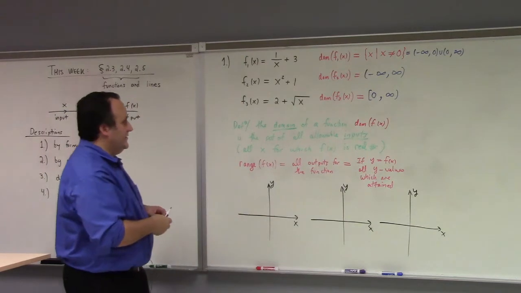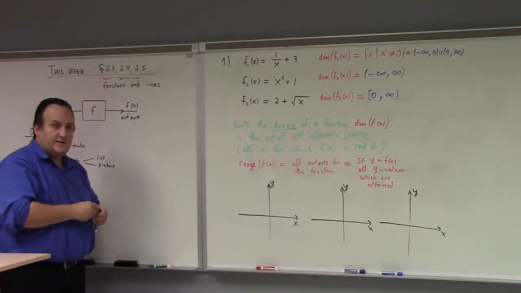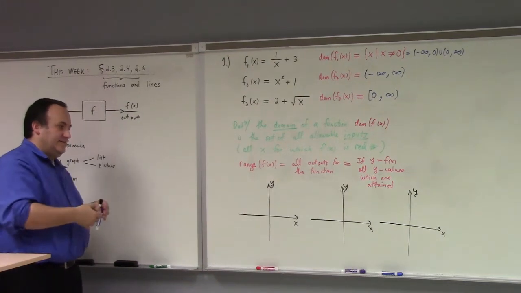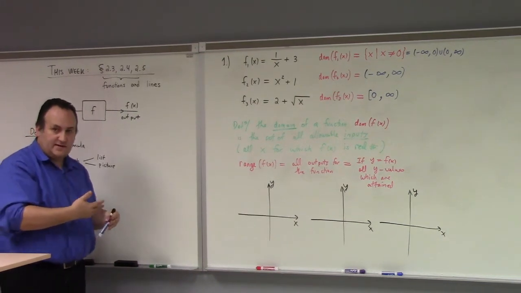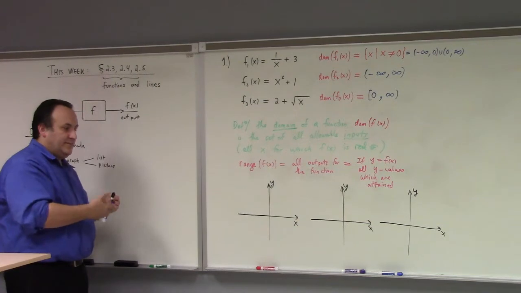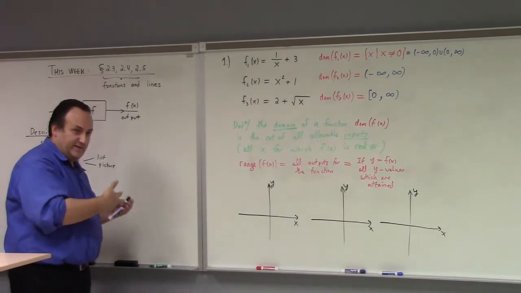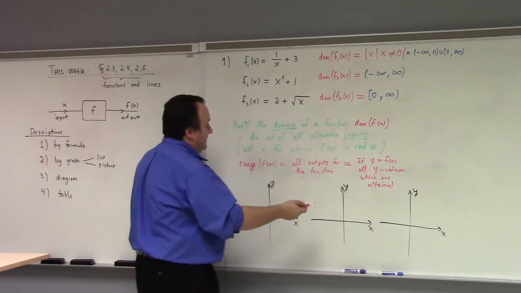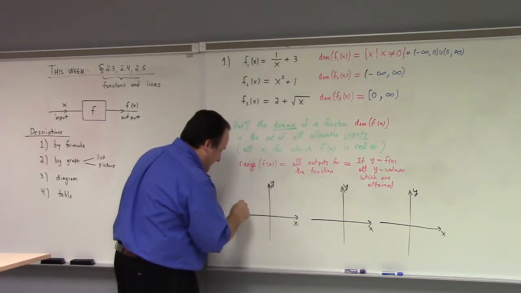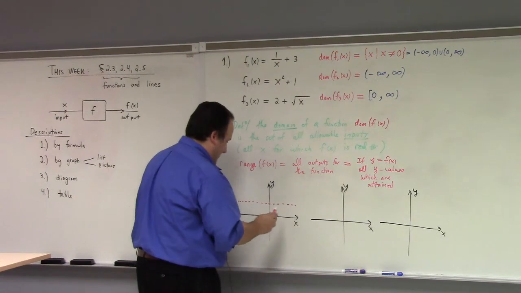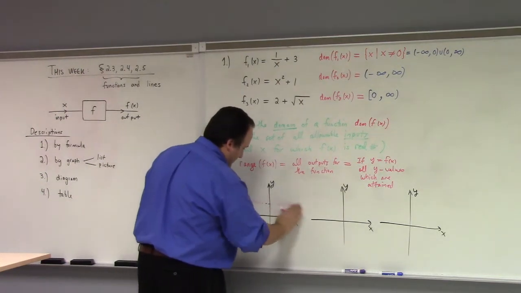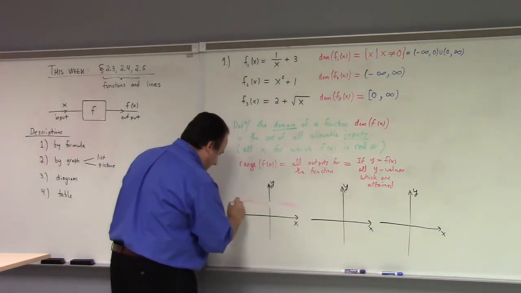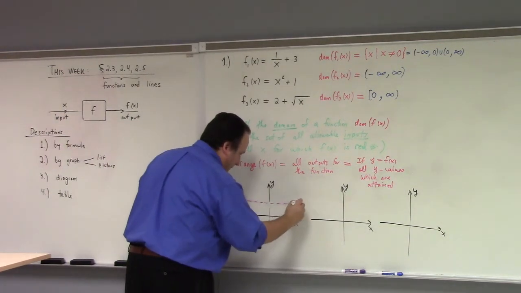Listen, we're going to learn how to systematically graph things after test 1, so I'm just going to give you the graphs right now. I don't expect you to create graphs on test 1 or quiz 1, but I might expect you to read from a graph, which is given. Okay, that's the difference. So I'll do the part that you don't have to do, namely make the graph here. So this one's got a horizontal asymptote of 3. All right.